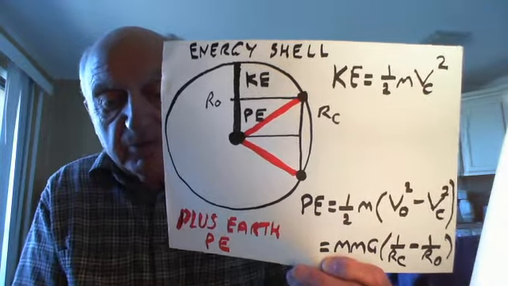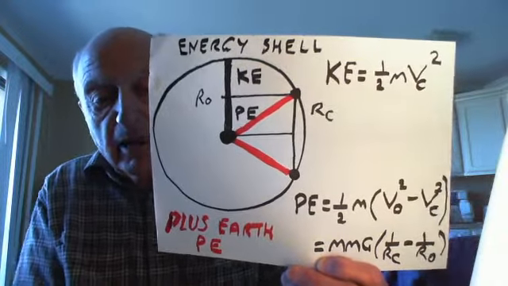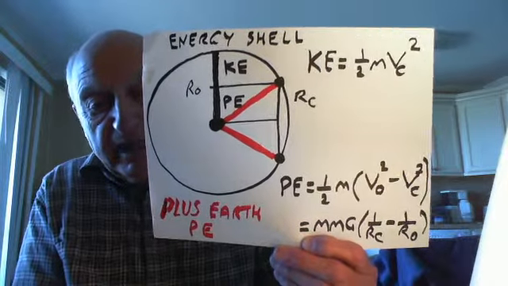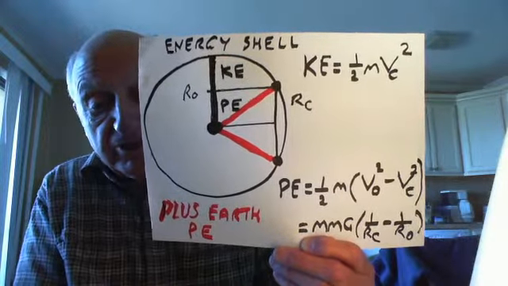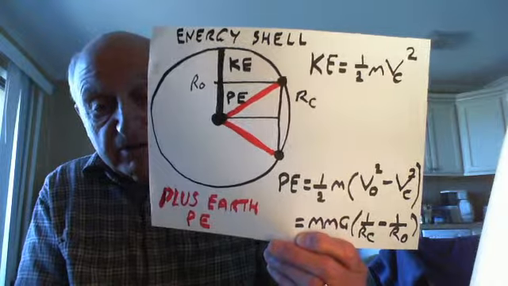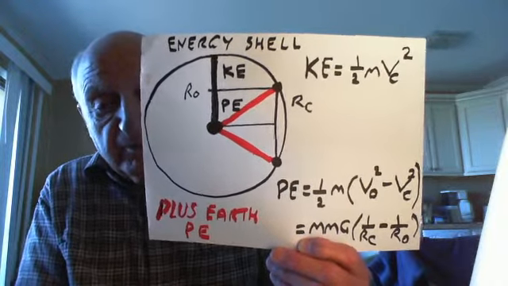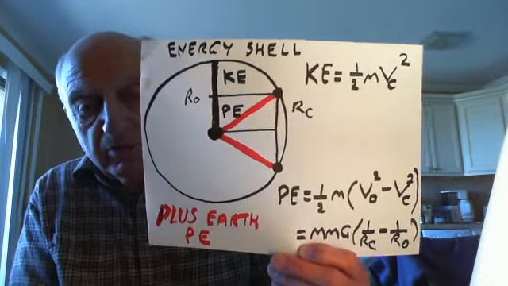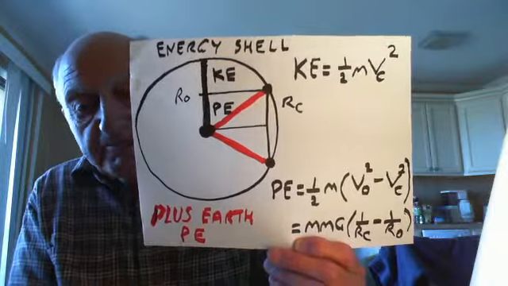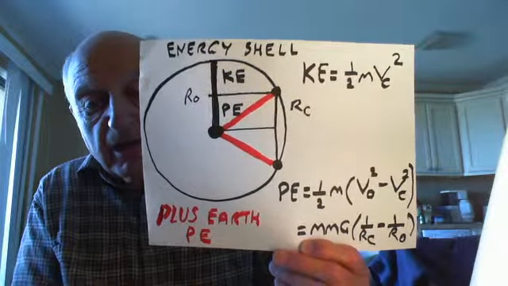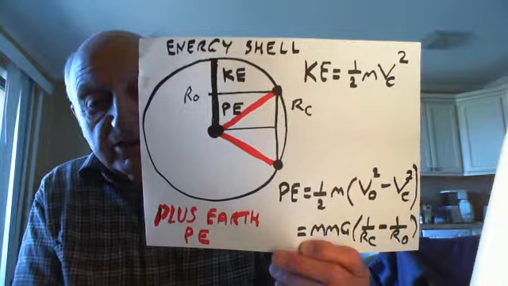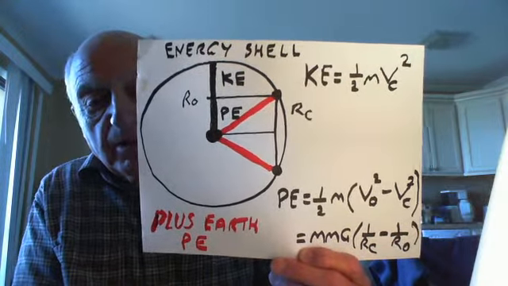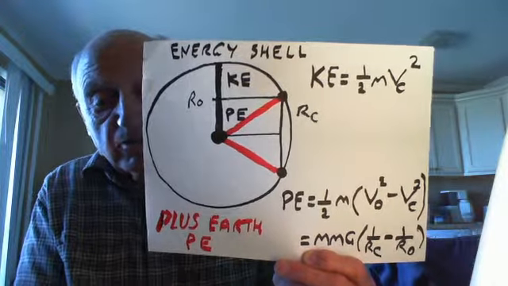Now these energies, by the way, the kinetic energy and the potential energy, are all in addition to the Earth's potential energy. You've got to add that in, and that is in fact larger than any of the other energies, because the Earth's surface is much nearer to the Earth's center of mass than the moon has ever been. Or it was the same as what it was when the moon was initially. So these numbers show us how the energy has been redistributed from initially kinetic energy into mostly potential energy, and that's where